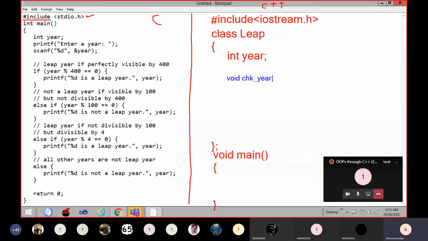So here my function name is check year. If you want, you can take year as input to this method, but here we already declared a variable. Okay, fine. Yes, you can do like that also, but no problem.